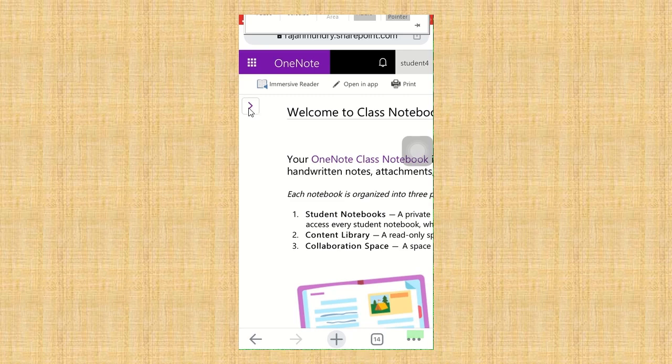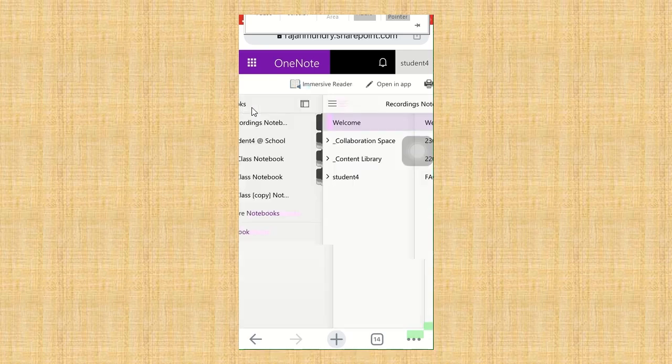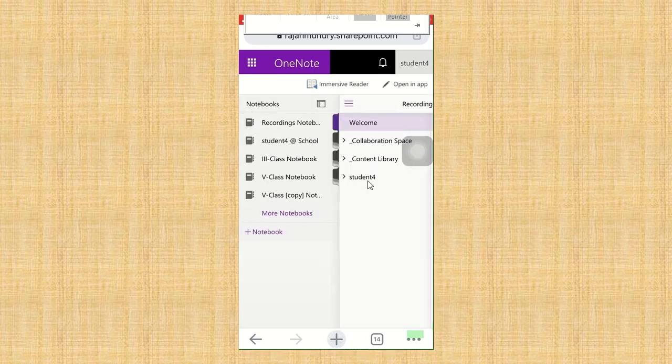So you press on this arrow here, it will show you the class notebook. So here it is actually showing the notebooks of other classes also. So actually I created the notebooks for other students also in this, that's why it is showing like that. But for you, only the student whose ID you entered will be shown here. Suppose it is student 4, so I am checking what are the works for him. So I am pressing, and it will open like this.